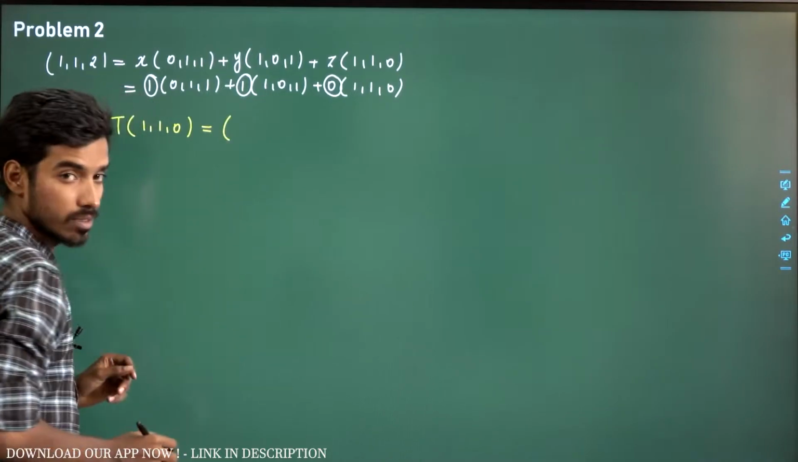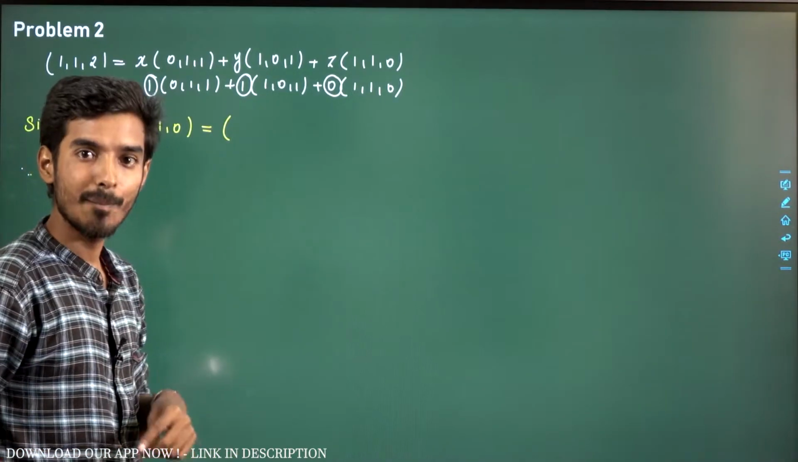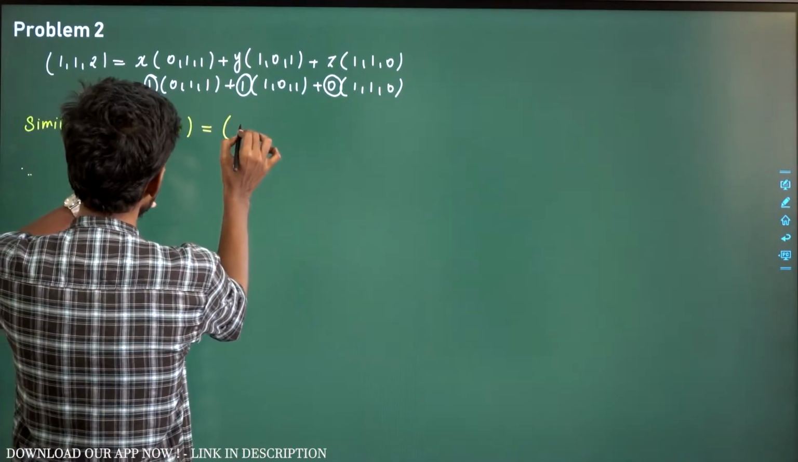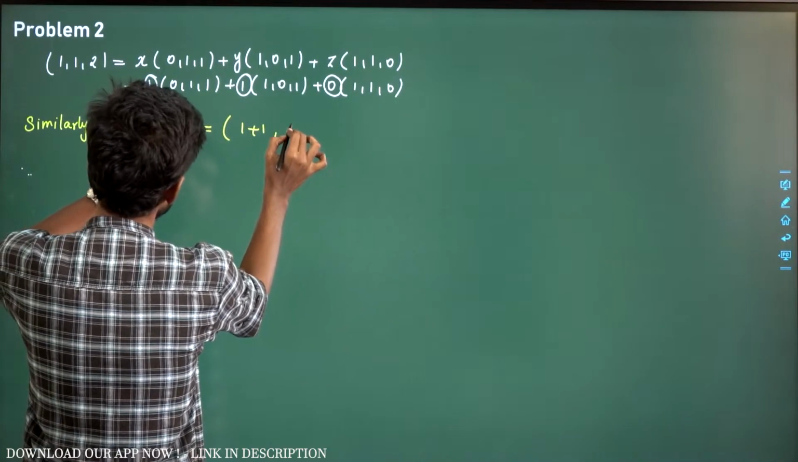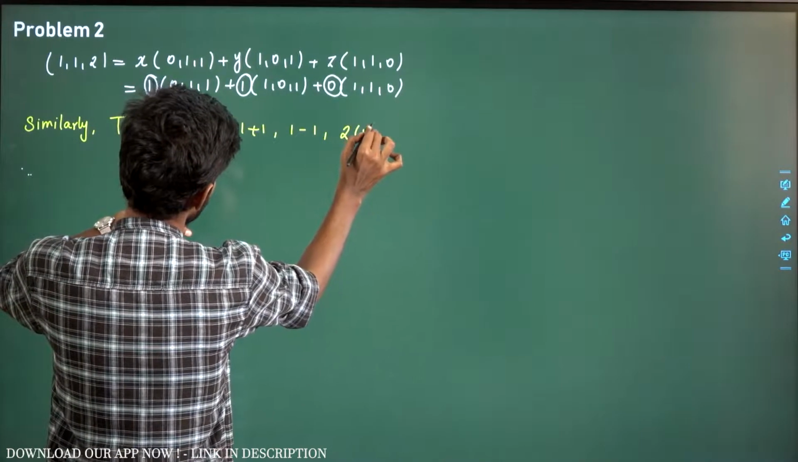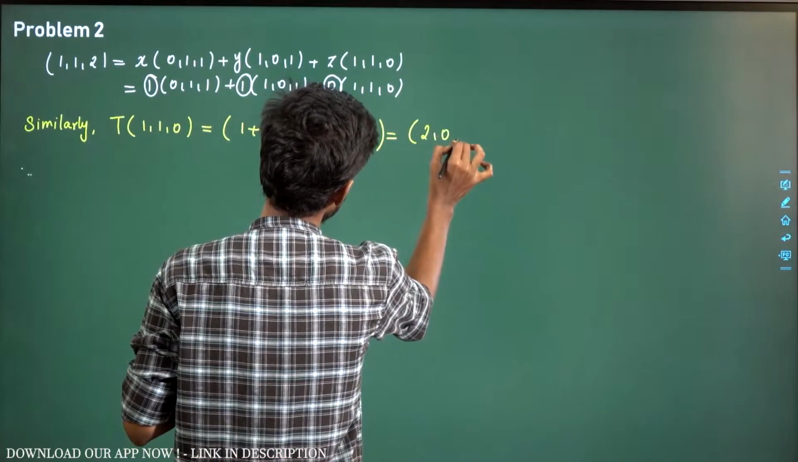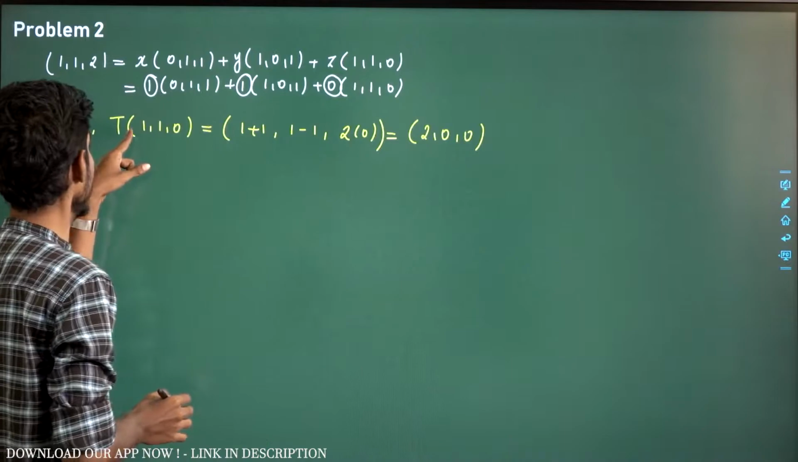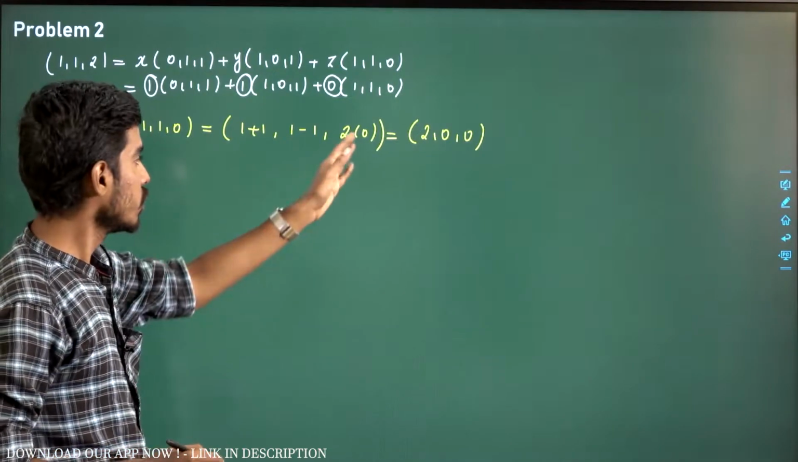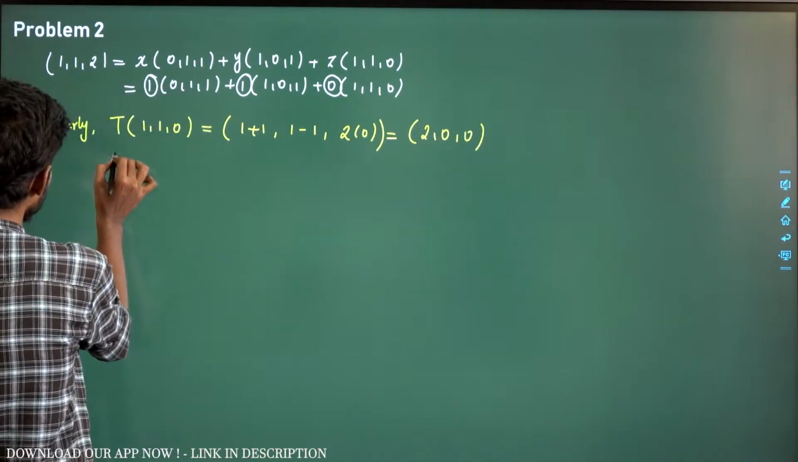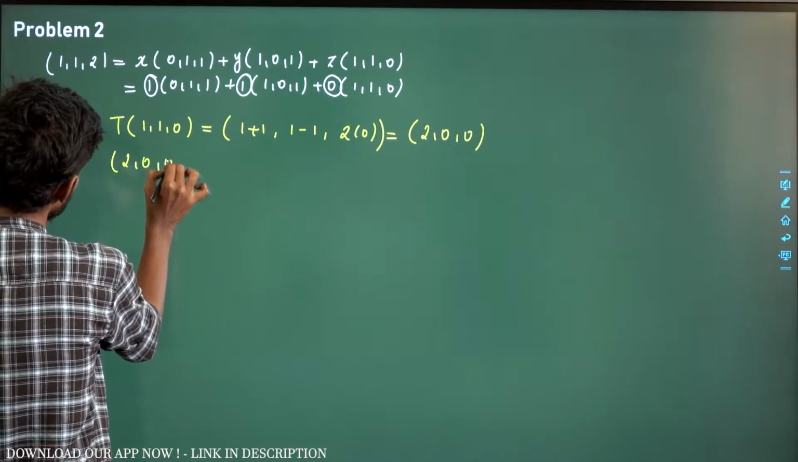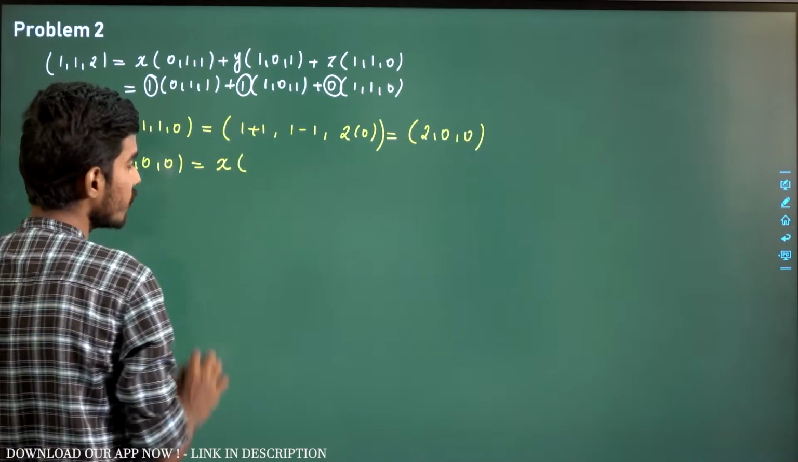So what is the map? A plus B, A minus B, 2C. So A plus B, A minus B, 2 times C. So this will be 1 plus 1 is 2, so 2, 0, 0, right? So you need to express this 2, 0, 0 as a linear combination of elements of the basis